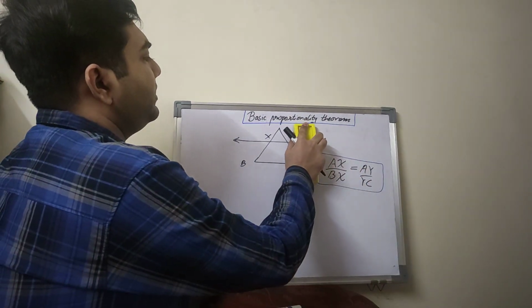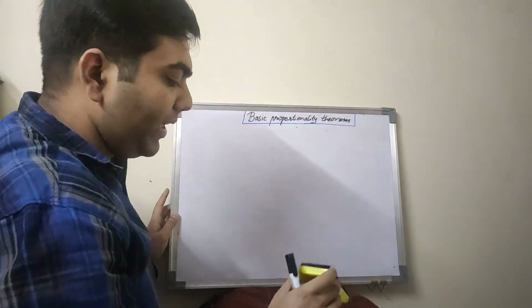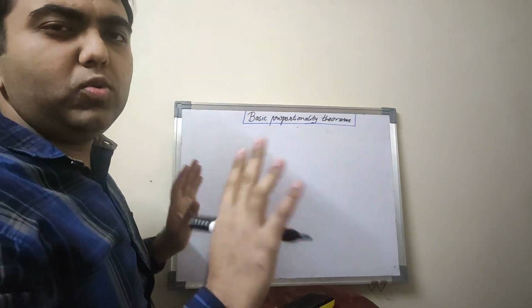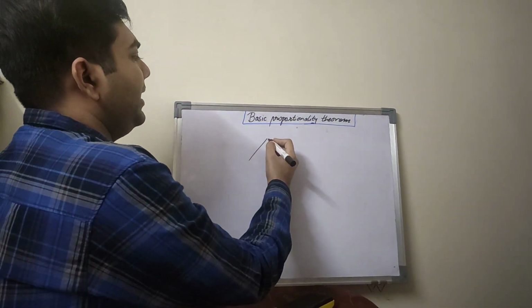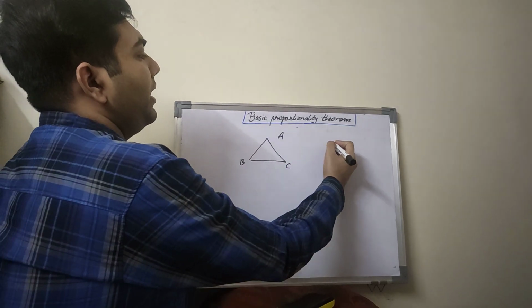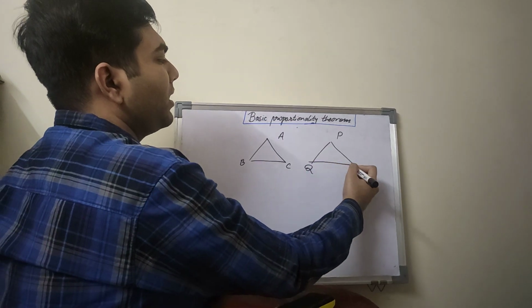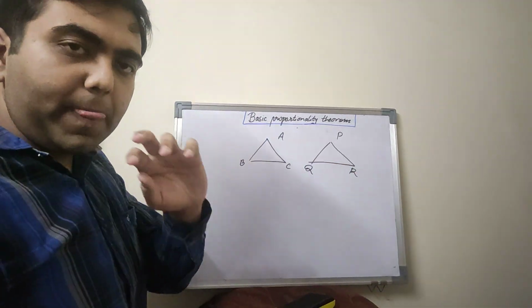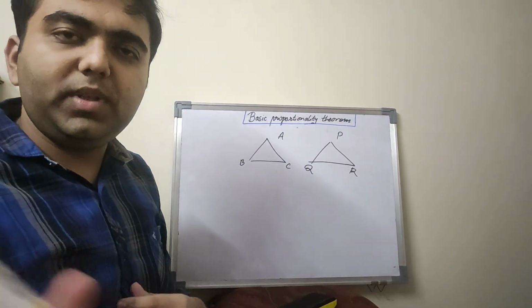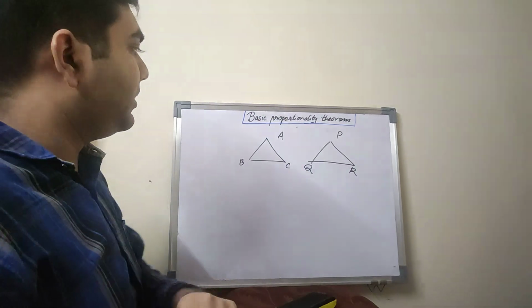So I am going to erase this, and we will revise some basics which will help us in proving this theorem. Now suppose I take two general triangles. Let's name them. I take triangle ABC and I take another triangle PQR, let's say. Now if you remember, what was the area of any triangle? Half into base into height. I'll write the formula of the area of triangle for these two triangles.